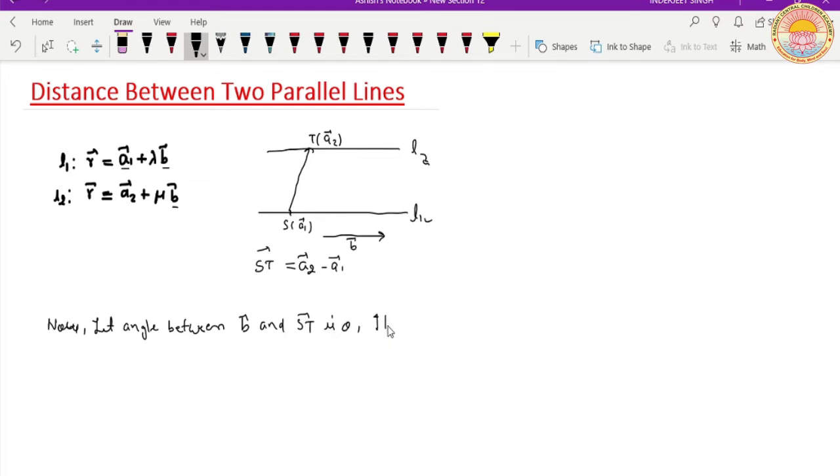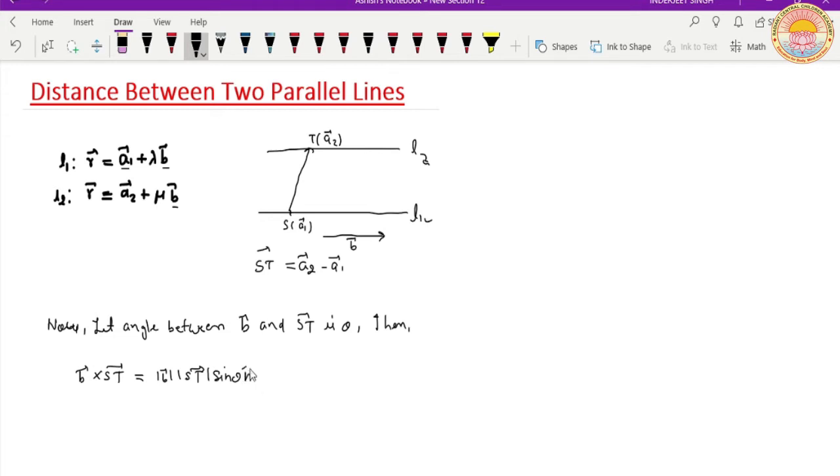Then vector B cross vector ST is equal to magnitude of vector B, magnitude of vector ST, sin theta